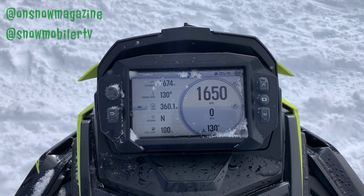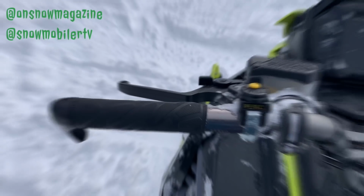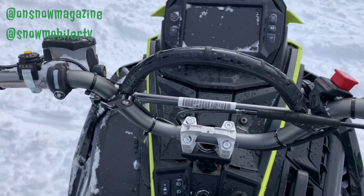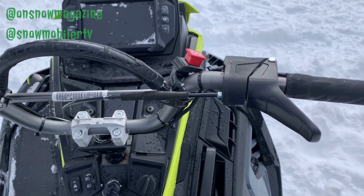On the map side of things, I mean, you've got Polaris's map set up there, which just allows you to track where other riders are. It's awesome when you're out in the hills, on the mountains, just to keep track of everybody, even when they're